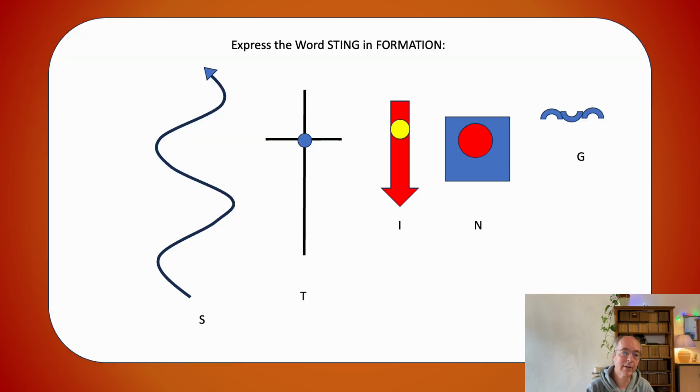We have for the word sting the letter S, T, I, N and G. The S is always directing itself into the direction of having as much effect as possible. The T is a pinpointing place of distinction. The I is an insertion of an extra new form or new object or new direction or whatever it is, and is filling in the content or form as well. And the G at the end will fill it also in, so that there is a limit to what we